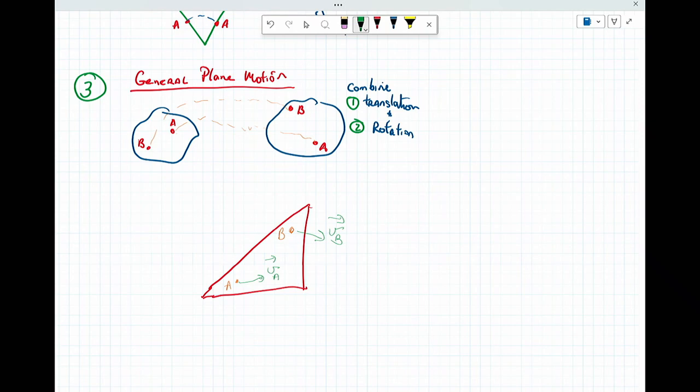So this is probably something that's rotating in a weird way. And as it's rotating, the distance between these two points is defined as R of B